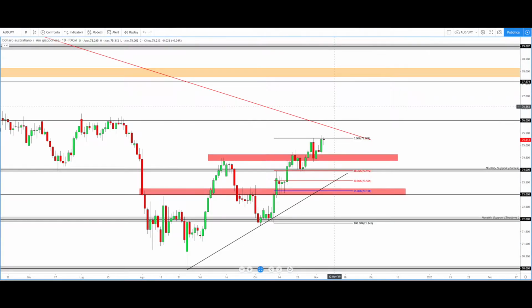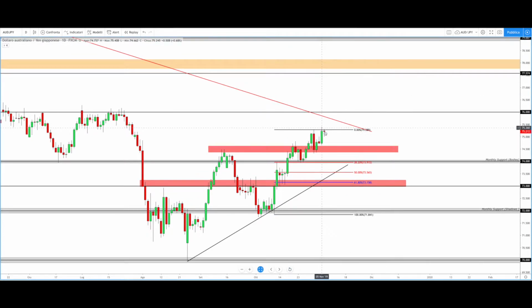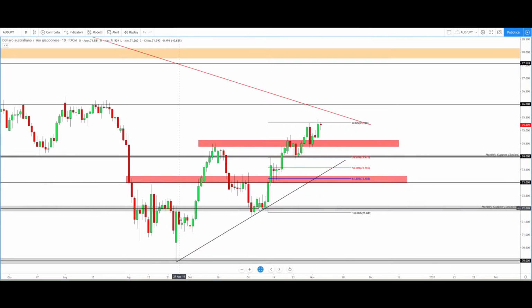Now we can watch Australian dollar, Japanese yen, similar situation, but here we are on the daily time frame, because I shared a free analysis last week on this pair and I want to update you on the price action of this week. We are on the daily time frame and we can see that the price here in the final days of August reached this key level 70, and from this point started this strong bullish movement, this correction around 72, that brought the price here to a first bullish phase correction and then continuation to the upside,